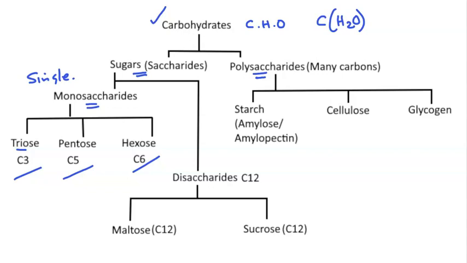If 2 hexoses join together, this gives us molecules that we would call disaccharides. So these are double sugars. The most common examples that we'll be dealing with are maltose, which has 12 carbons, so 2 glucose molecules joined together gives you maltose. But another C12 disaccharide is sucrose, a combination of glucose and fructose, giving it a different chemical structure